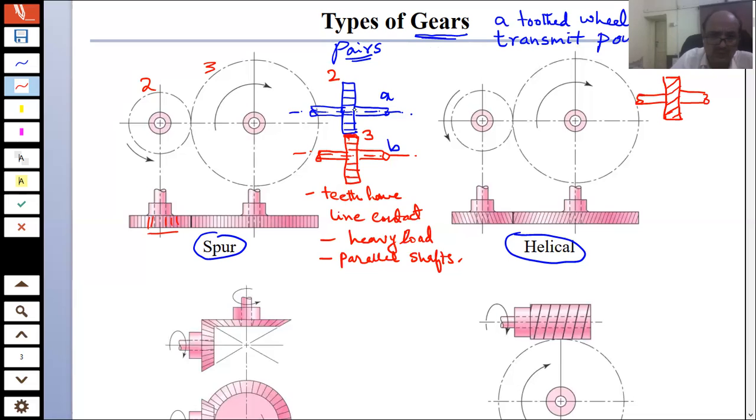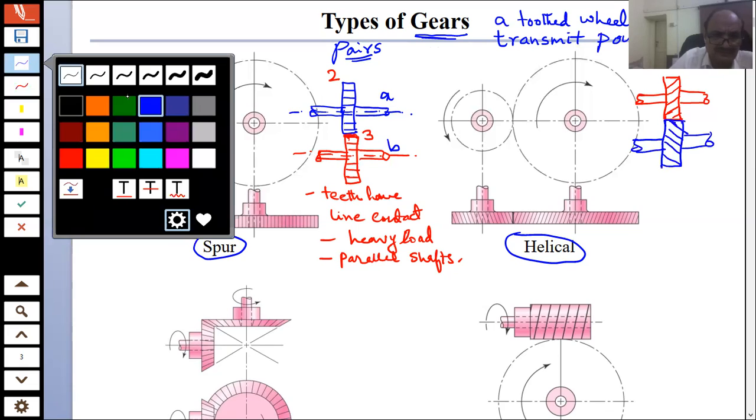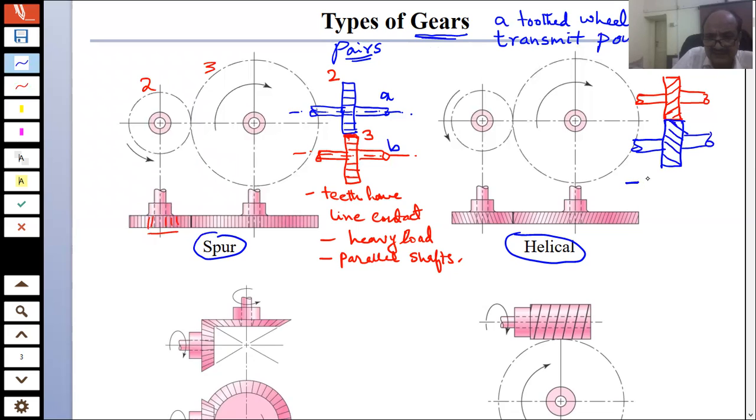And when two helical gears mesh with each other, the teeth of the second gear in the pair would be in the opposite direction, and they are still at the same angle. If one gear is left-handed, the other one should be right-handed in order for helical gears to mesh with each other. So what we mean to say here is that still these are gears that are used between parallel shafts,